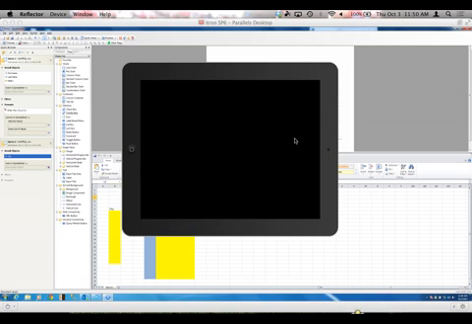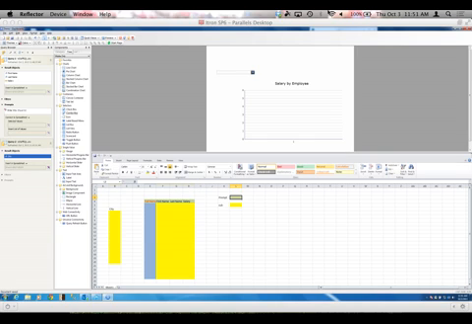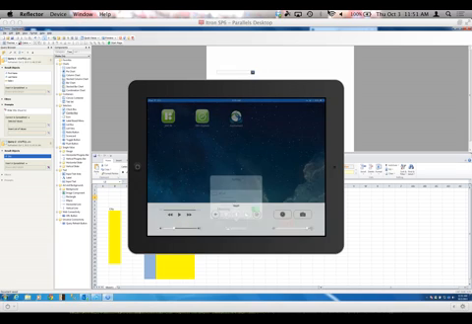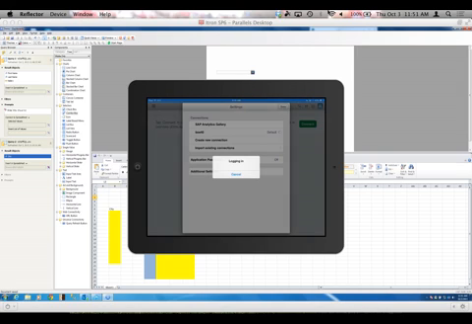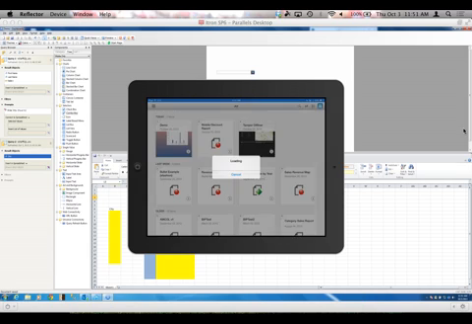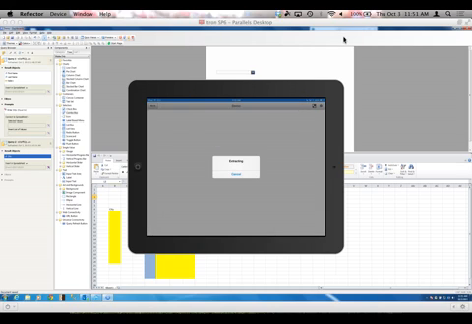Pick up. Closing up our demo. And we'll see that the image we had there previously is the one that's still there on the home screen.